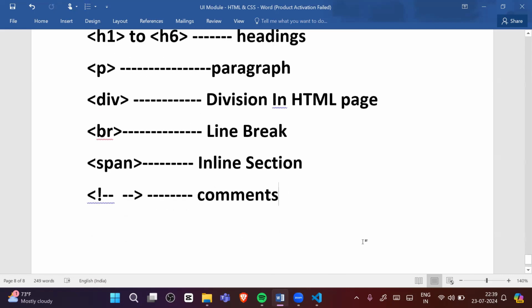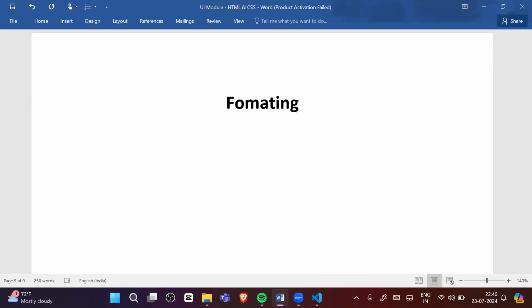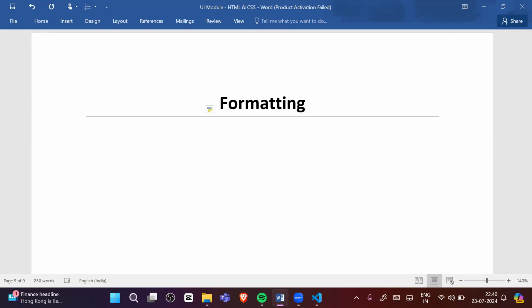Now let's discuss some formatting tags. If we want to become a front end developer, we must have good knowledge of the basic fundamentals. Our fundamentals must be strong. Fundamentals always remain the same. Nobody can learn HTML completely, nobody can learn CSS completely. What you can do is learn the fundamentals, and based on the fundamentals you can learn whatever you want. Any framework you can easily learn if you know the fundamentals. If you are not good in fundamentals, you are not able to learn anything. So fundamentals, or basics, are really important in everything.